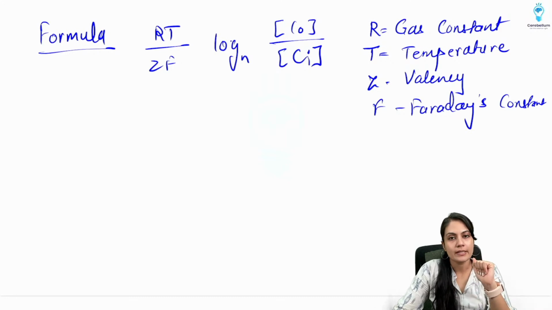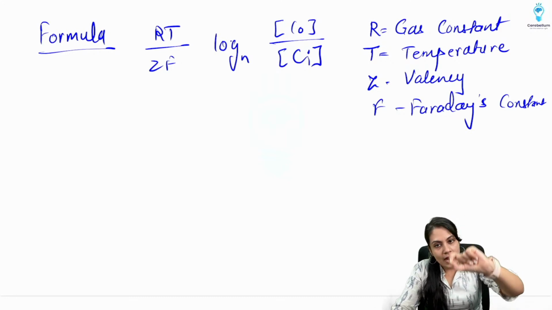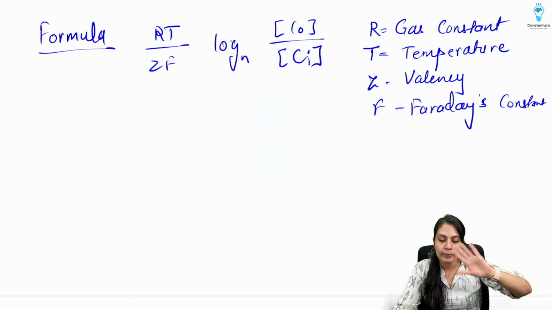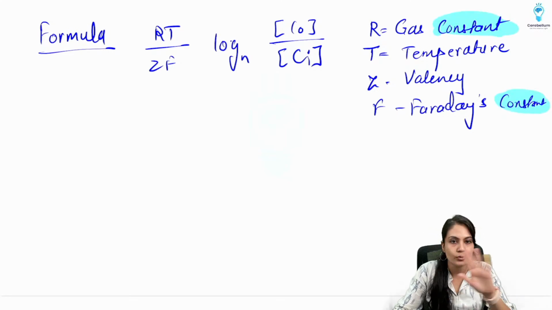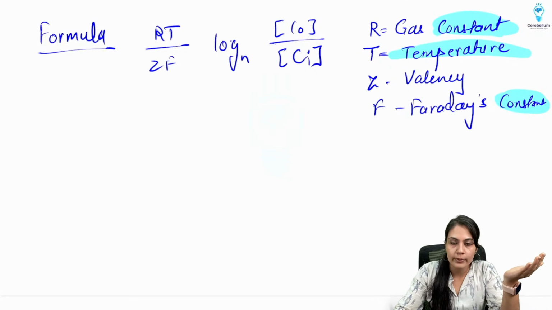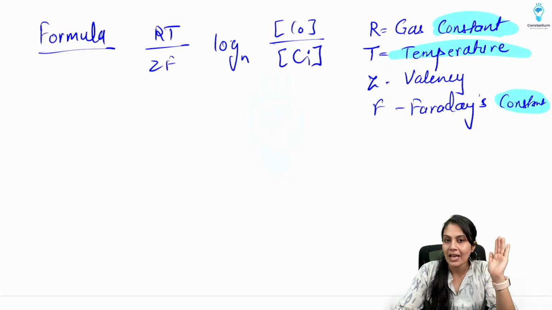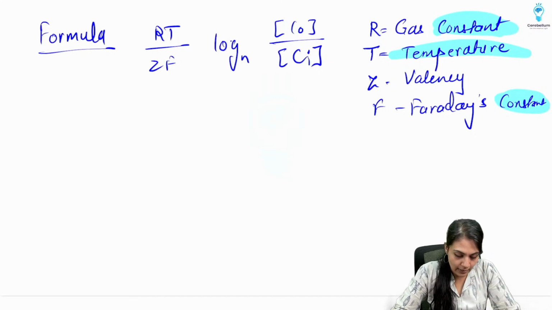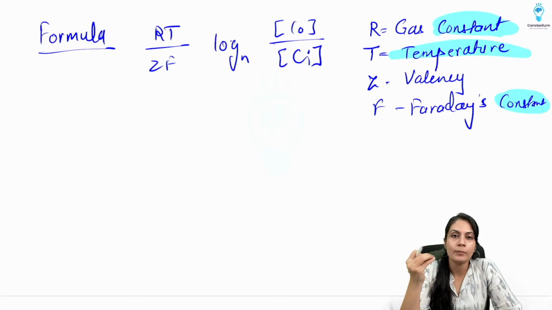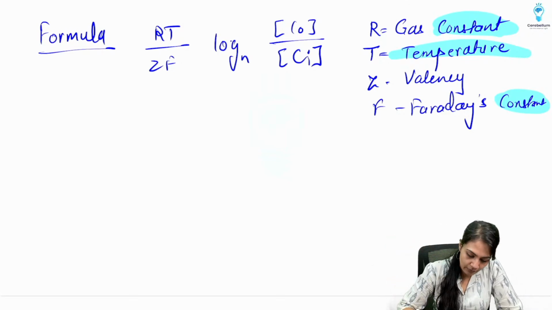Now understand, if I keep all these R, T, Z, F the same, then what is going to happen? The gas constant is constant, and Faraday's constant is also constant, so these two values are not going to change. Then comes the temperature, which we are also going to keep at 24 degrees Celsius, the normal room temperature, and just on the basis of valency it is going to change. For that matter, you just have to remember that if I keep the valency as 1 specifically, then the formula will be